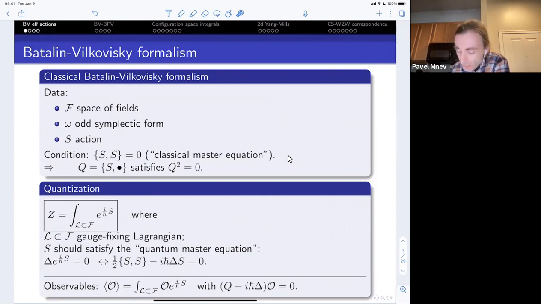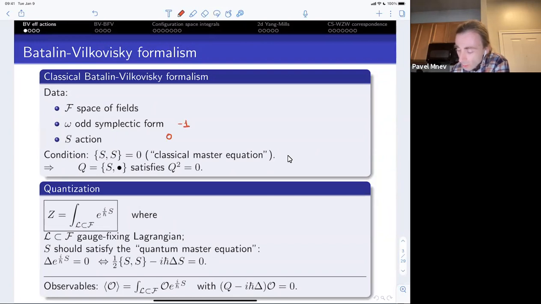So there is a space of fields, which is a graded supermanifold. For a bosonic field theory, it would be Z-graded with a superstructure, the data of which coordinates are commuting and which are anti-commuting, coming from the mod 2 projection of the Z grading. It is equipped with an odd symplectic form. The convention is that its degree should be -1, and equipped with an action of degree 0,